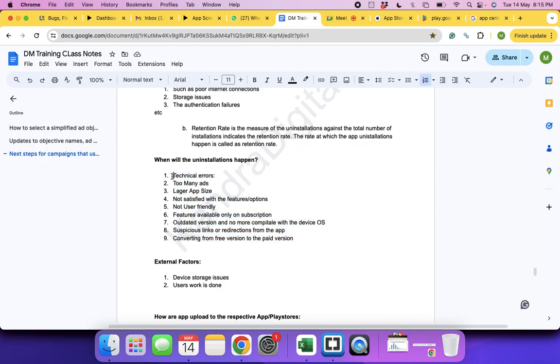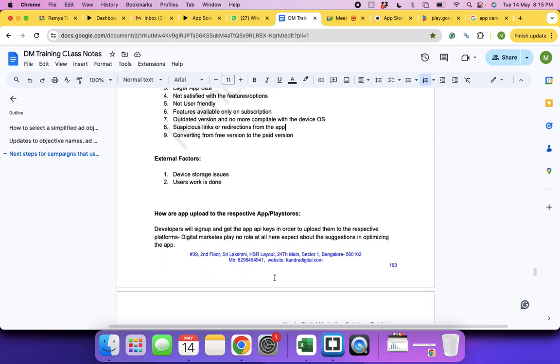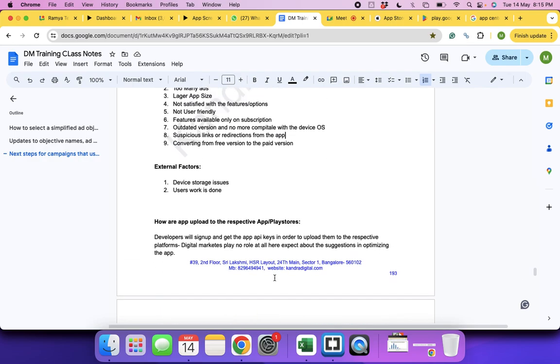As a digital marketer, if you have to add suggestions to the app developers or to the company, you have to review all of this on the application and ensure that it is taken care of, in order to bring down the app uninstallations and improve the retention rate.